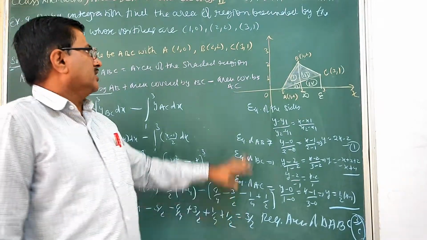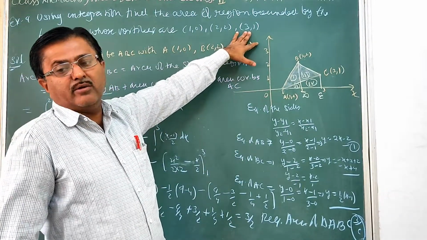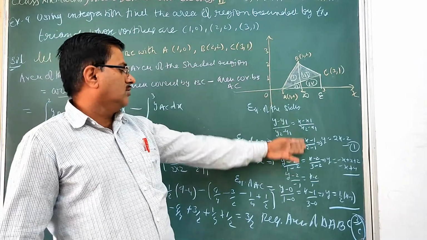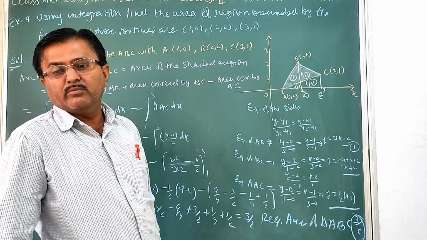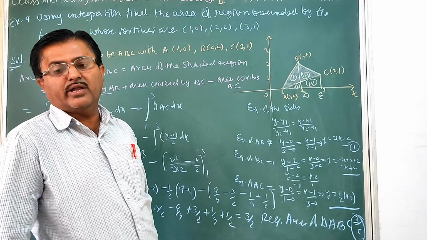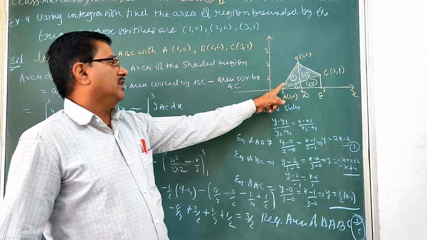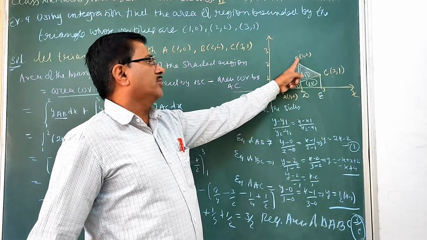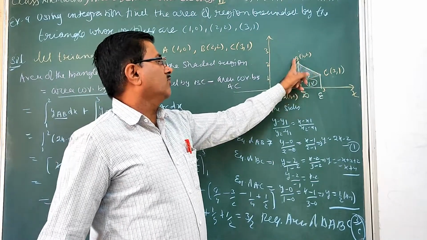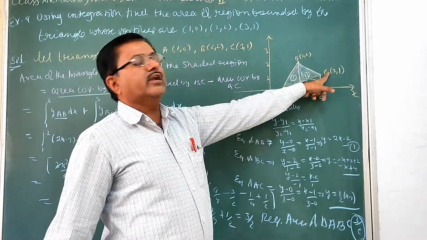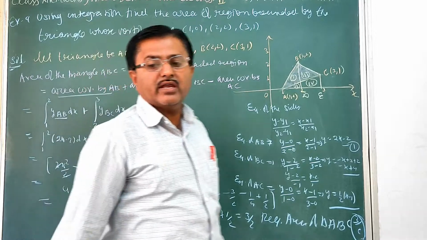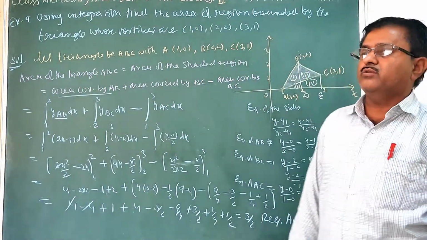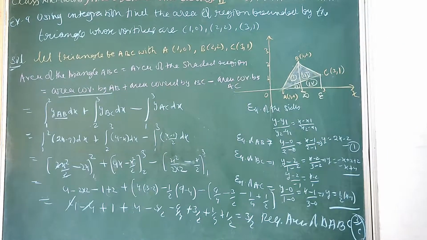So when we are given the sides of the triangle in place of vertices, you solve by substitution method or any method, taking equations 1 and 2, 2 and 3, or 1 and 3, and you get the vertices. Like if you solve the AB equation and BC, you get the B coordinate. And if you solve the BC equation and AC, you get the coordinate C. The AC equation and AB, then you get A. So when we are given the sides of the triangle, you can also find the area of the triangle.